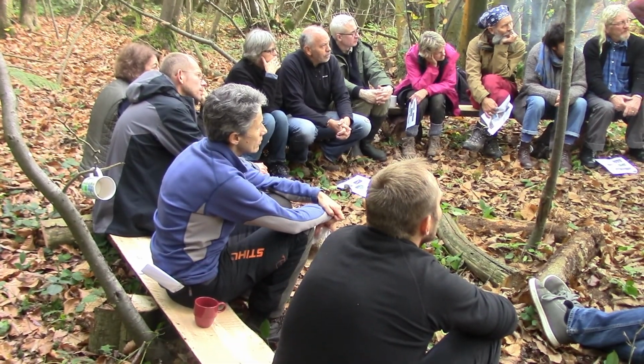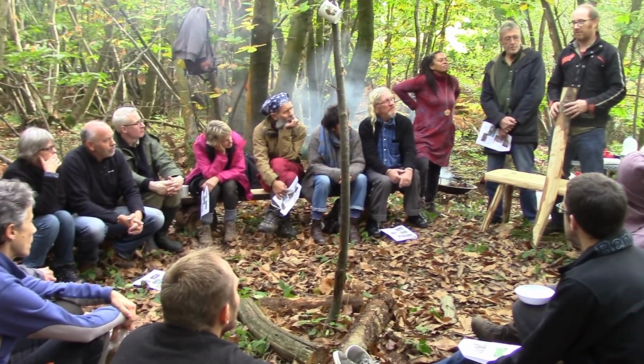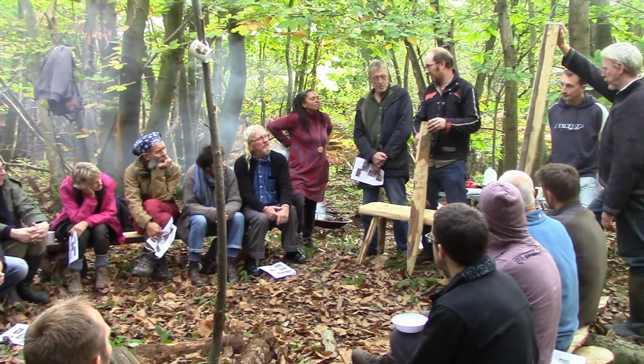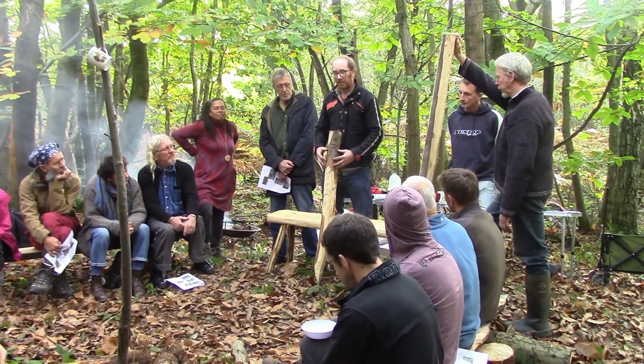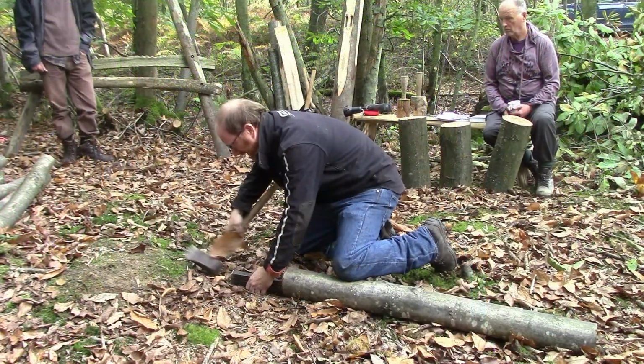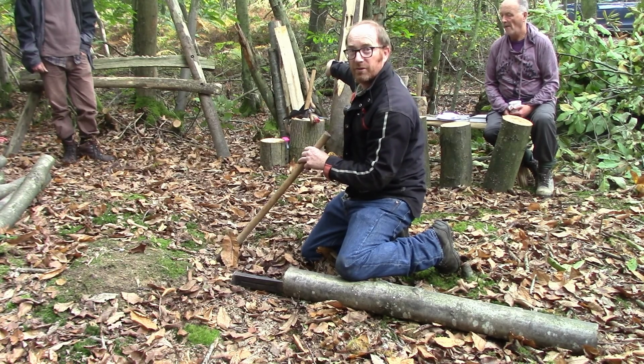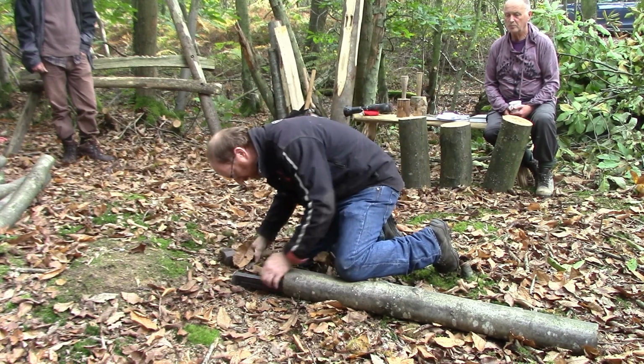We were then given an introduction as to how chestnut could be used from a products perspective by a guy called Andrew, and he talks us through some of the work that he does to utilise this great wood, before giving us a breakdown and some practical demonstrations of some of the things that we'd be doing later on in the day, including splitting the logs lengthways,